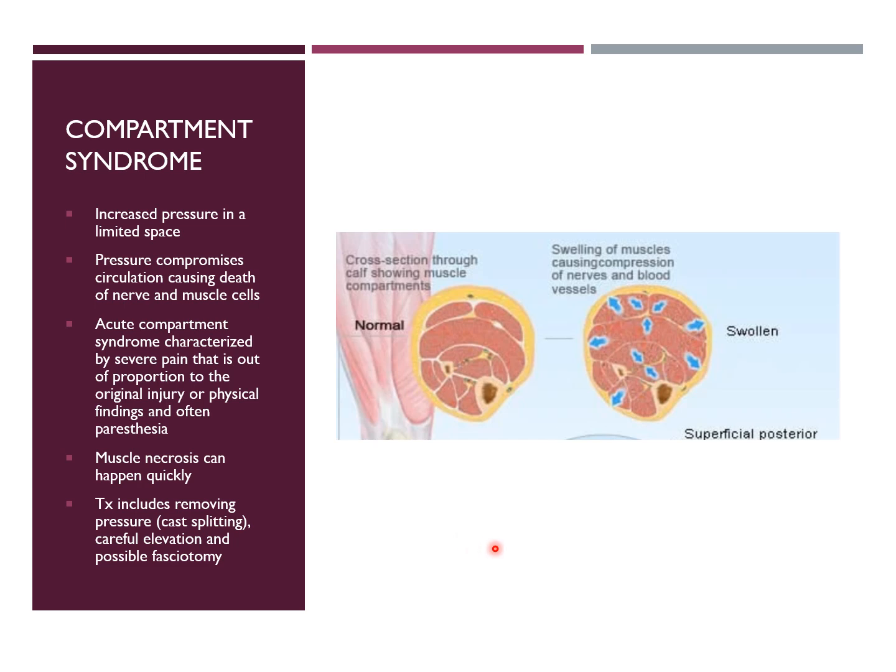And as that pressure builds up, it starts to compromise the circulation. So if those blood vessels are running through inside that fascia, and we start to increase pressure, it pushes down on those blood vessels and blood doesn't travel as easily into that compartment. So it compromises the overall circulation to the bone, and it also squeezes down on the nerves themselves inside of that compartment too. So it can cause death of the nerve fibers and also death of those muscle tissues if we lose blood supply and